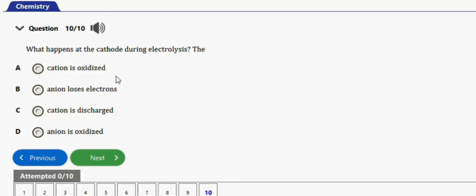oxidized. No, reduction is what occurs at the cathode. Anion loses electrons, cation is discharged, anion is oxidized. So the right option is option C. Cation is discharged because cations migrate to the cathode to get discharged, whereas anions migrate to the anode to get discharged. So the right option is option C. Guys, this basically covers problems involving electrolysis for your chemistry practice with about 8 to 10 repeated questions for